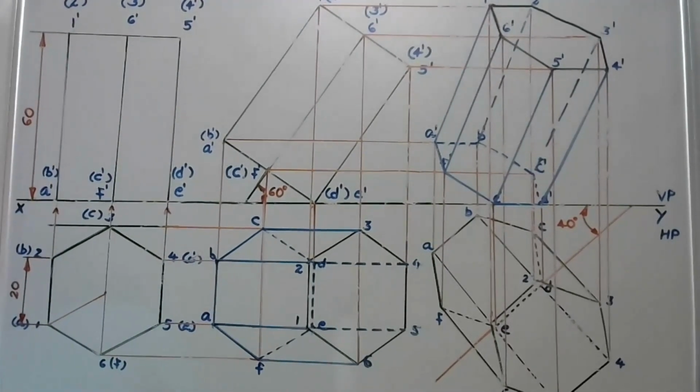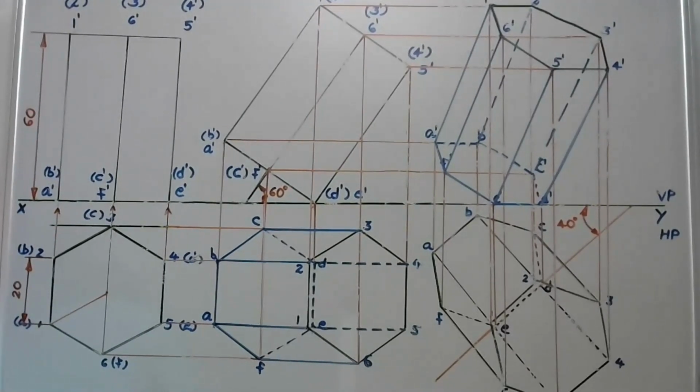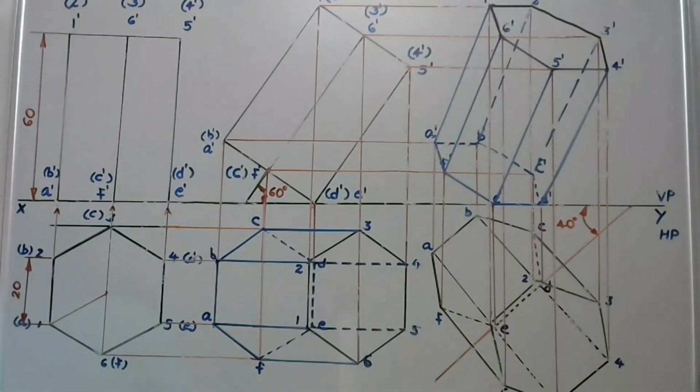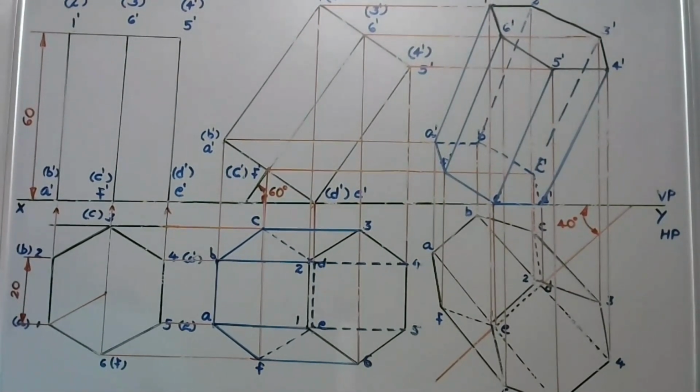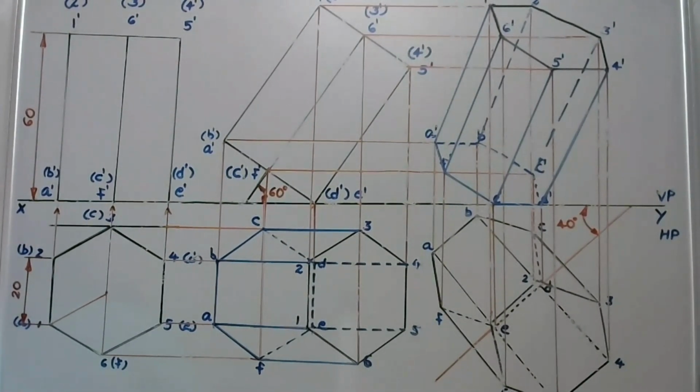By now we completed the projection of the hexagonal prism resting on base edge, axis inclined 60 degree and resting base edge inclined 40 degree. In the final view, the resting base edge is visible for the observer, and the 2 base corners, 3 base edges and 2 vertical edges are invisible, connecting the corners B dash C dash in the front view. So we completed our figure.